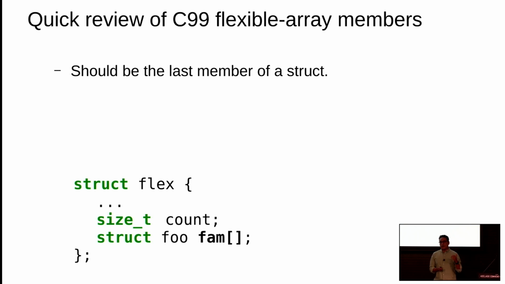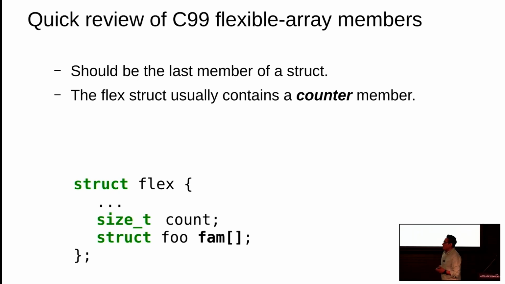The reason why we cannot place a flexible array member in the middle of a structure is because when we use this flexible array member at runtime, we are going to allocate certain heap space for this array. So the moment we access this heap space, or we write something into the flexible array member, we are going to overwrite the following adjacent members in the structure, right? That's undefined behavior. That is the reason why this is not possible.